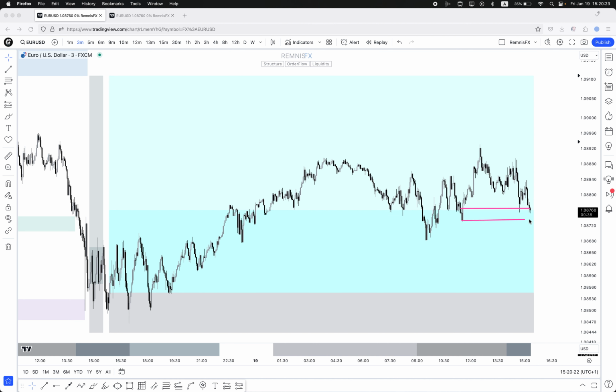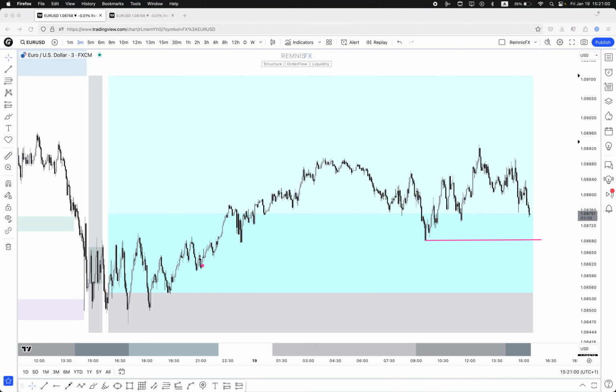Because again, this may still be a proper setup, but because it's micro, I rather look at it like this. This is my liquidity, and this here perhaps my POI. Then I will look at it like this, if I was looking for any kind of internal entries like this. Otherwise, remember, this is my major liquidity, and below that major liquidity, let's see, there is still, I believe,